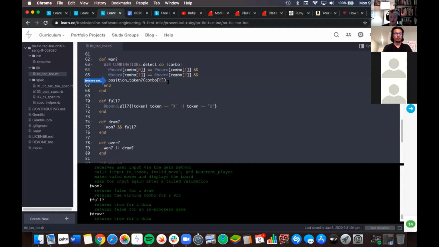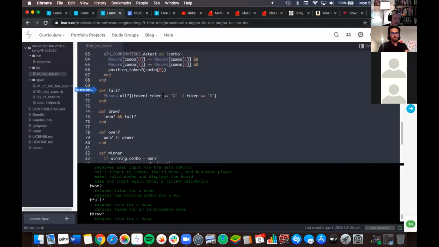And the thing that's cool about this method is that it's not just anything. It can't be an X and an O taking that spot, but it's got to be all X's or all O's, because the position taken checks to make sure that they're all the same. Okay. Cool? Yep. So then your full method